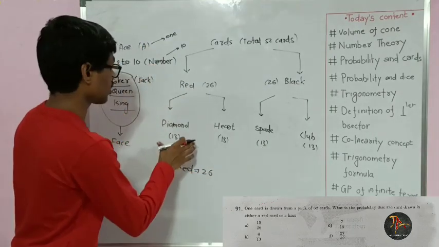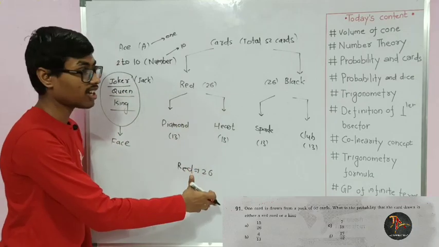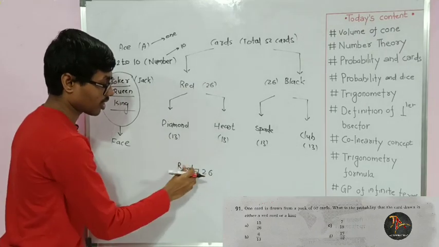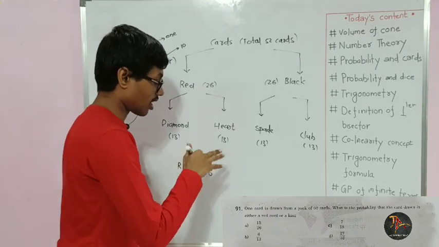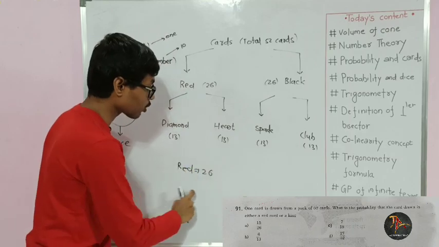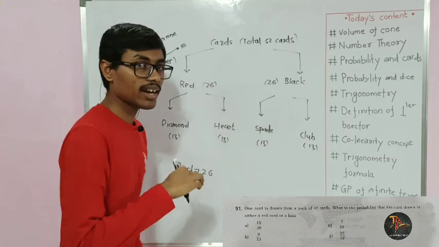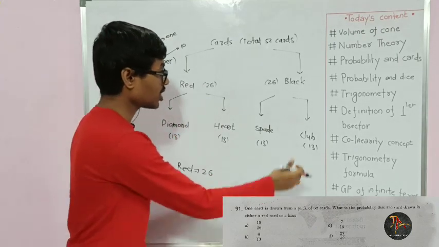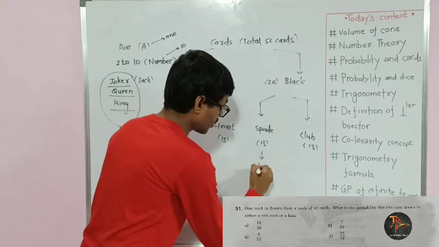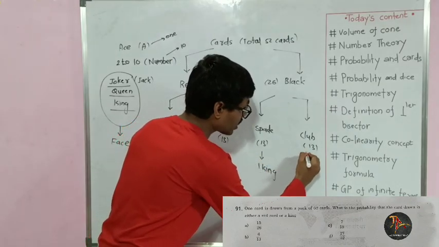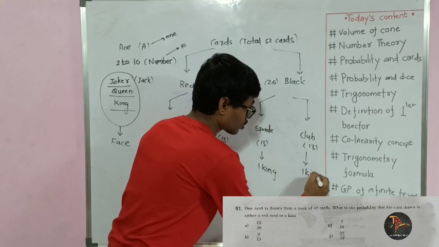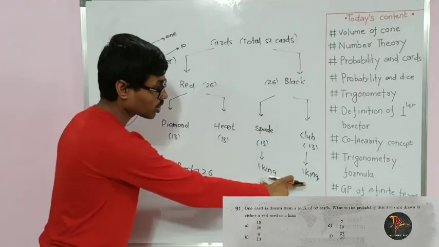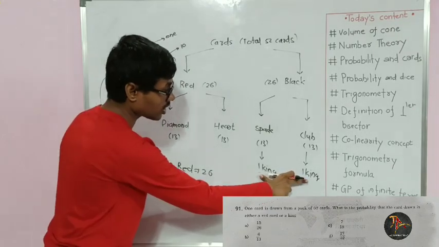रेड और किंग कार्ड्स. नाउ रेड कार्ड्स हमने सेलेक्ट किया, मतलब रेड के किंग हमने सेलेक्ट कर लिए. रेड कार्ड्स और किंग कार्ड्स चाहिए, आइदर रेड और किंग. एक तो रेड होना चाहिए और किंग होना चाहिए. अगर रेड निकला तो ठीक है, अगर रेड नहीं निकला तो किंग निकलना चाहिए. तो किंग कहाँ पे है? इस पेड़ में एक किंग है, वन किंग यहाँ पे है और वन किंग यहाँ पे है. सो अगर रेड नहीं आता तो किंग आना चाहिए. तो रेड नहीं आया तो किंग कितने हैं एक्स्ट्रा?